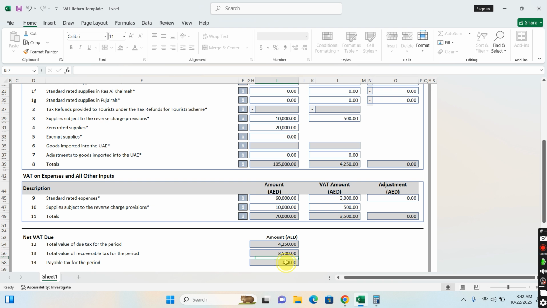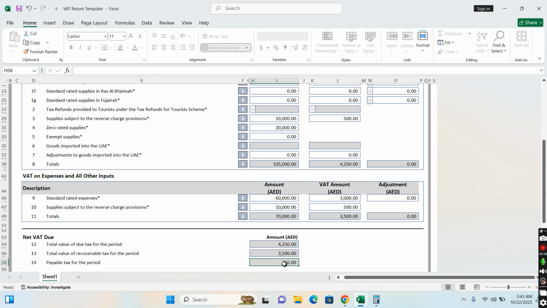So the total liability I need to pay is VAT output minus VAT input equals total liability, whatever, refund or liability. If your VAT output is greater than your